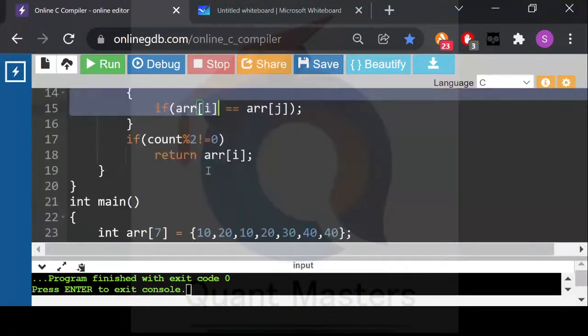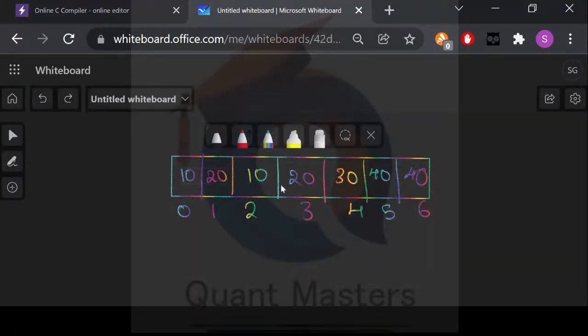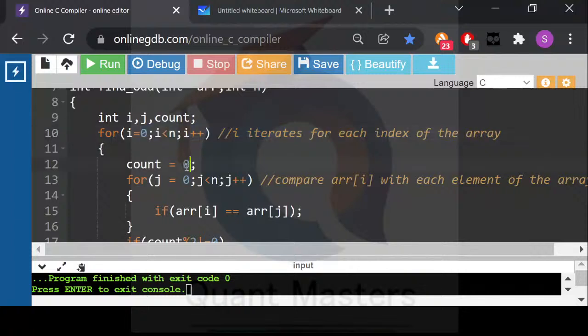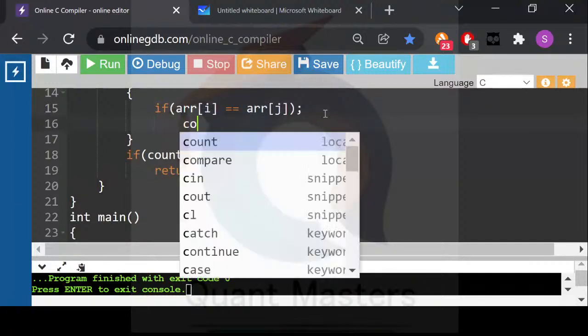And we're just going through this where we are going through every element. We are going through each element and finding out how many times it exists throughout and keeping a count. The problem here is, are we increasing the count anywhere? Take a look at this. If array of I and array of j are equal, we're supposed to perform an operation that is count plus